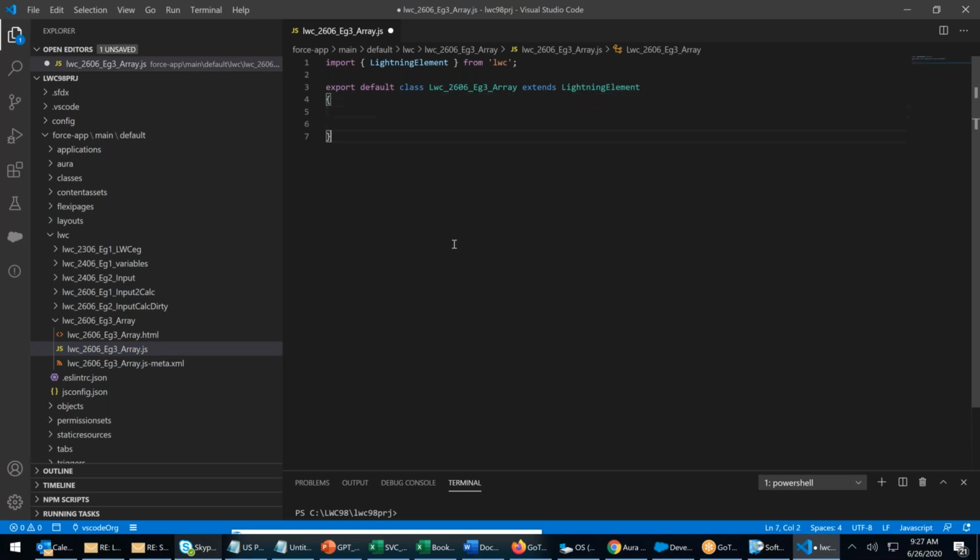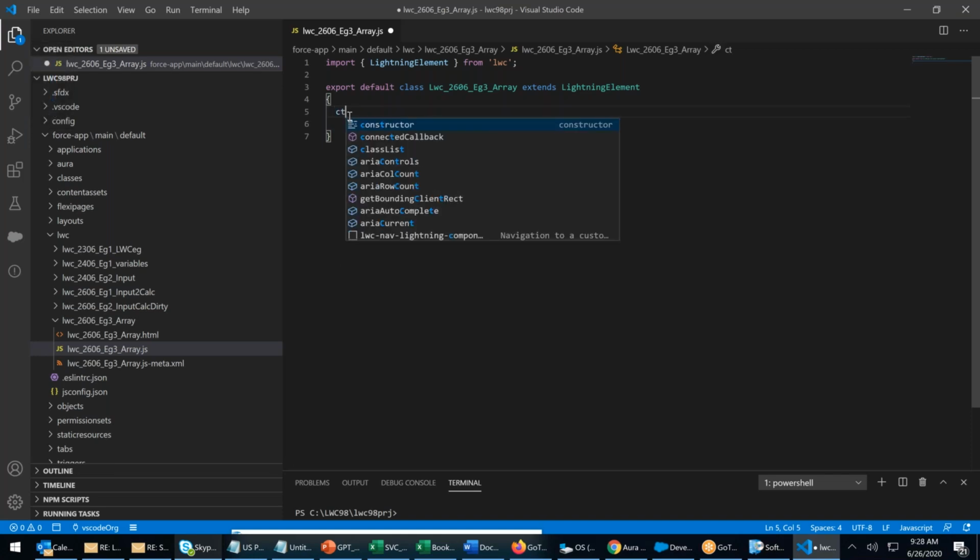Here it is. I'm in my controller, that is nothing but JS. In the controller, I'm defining a variable called cities.